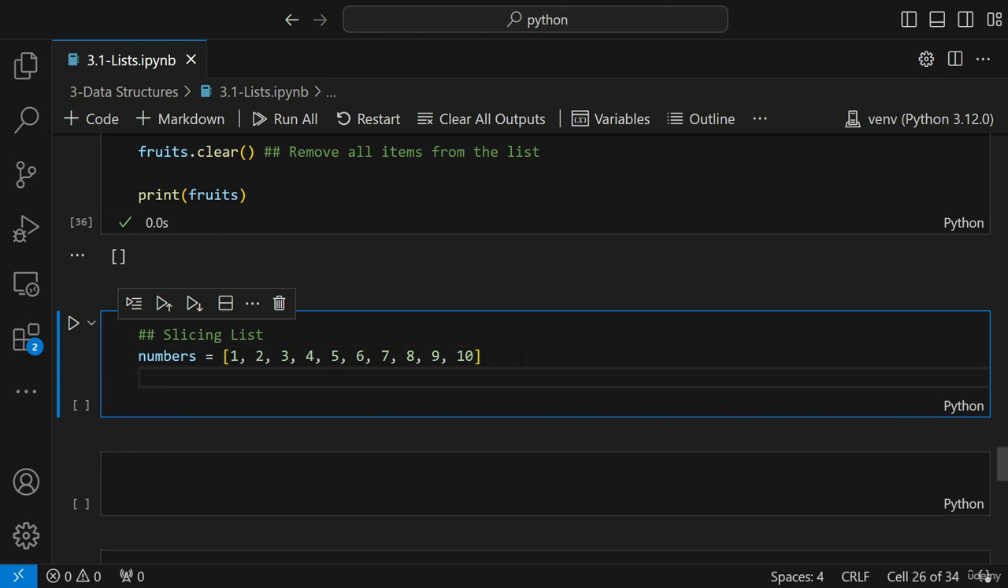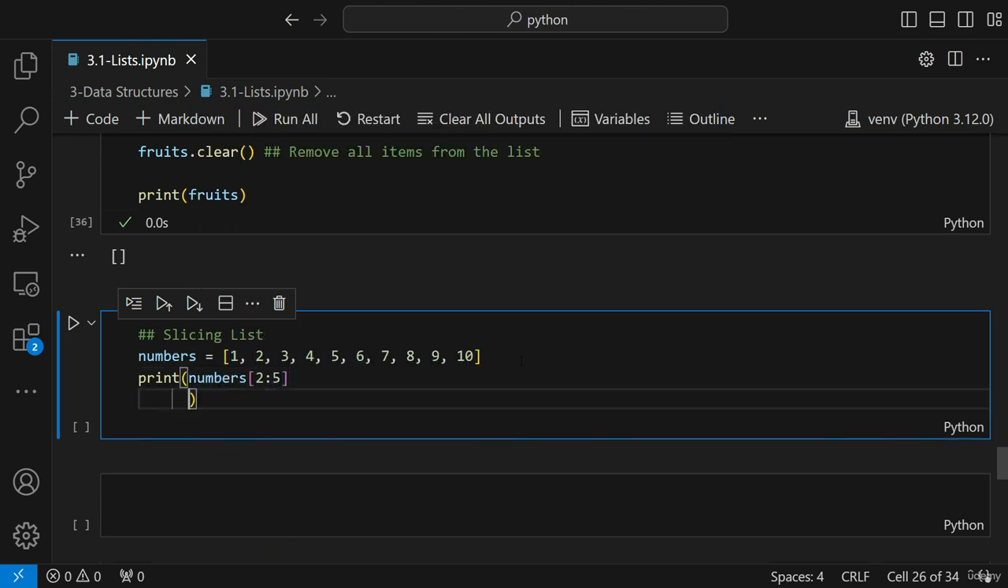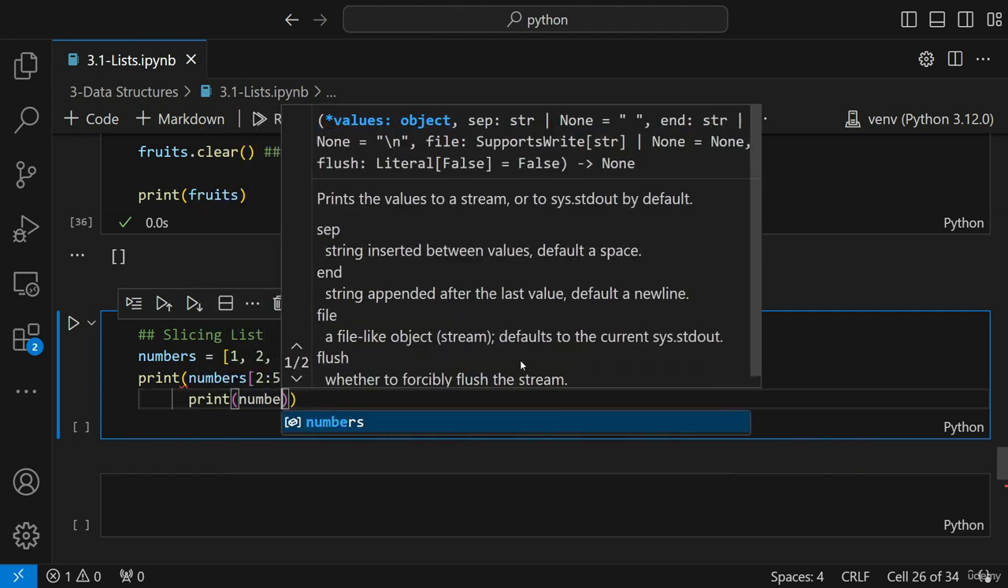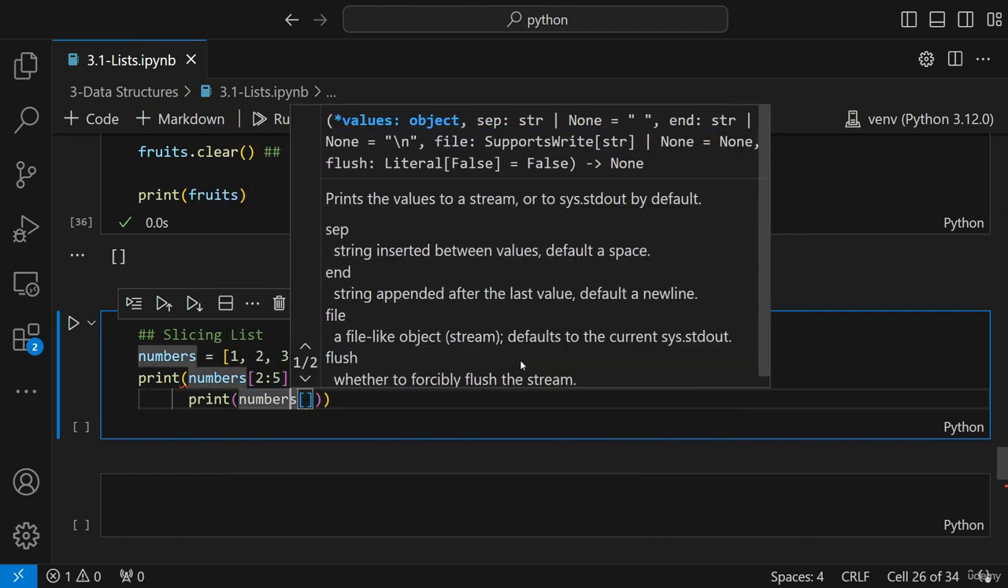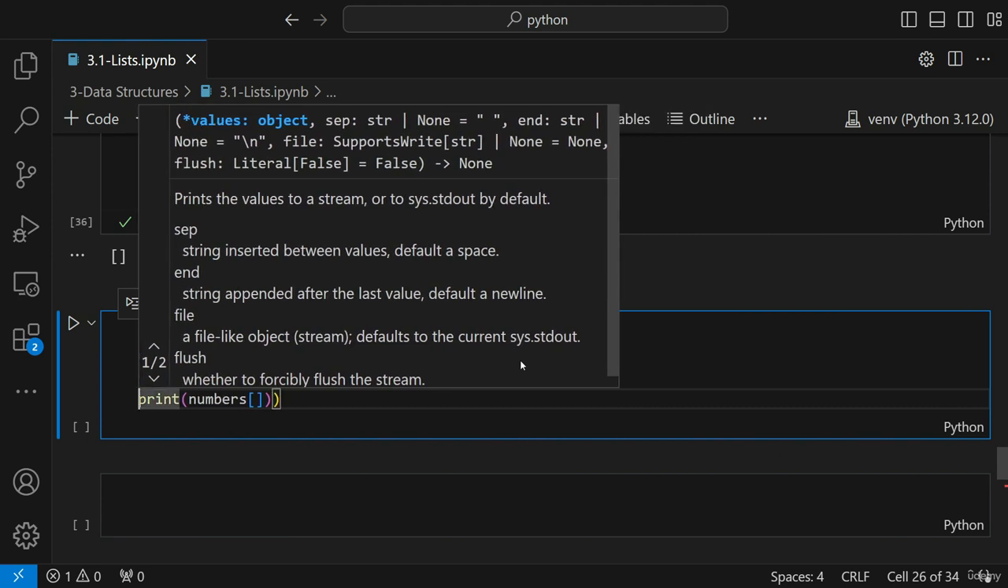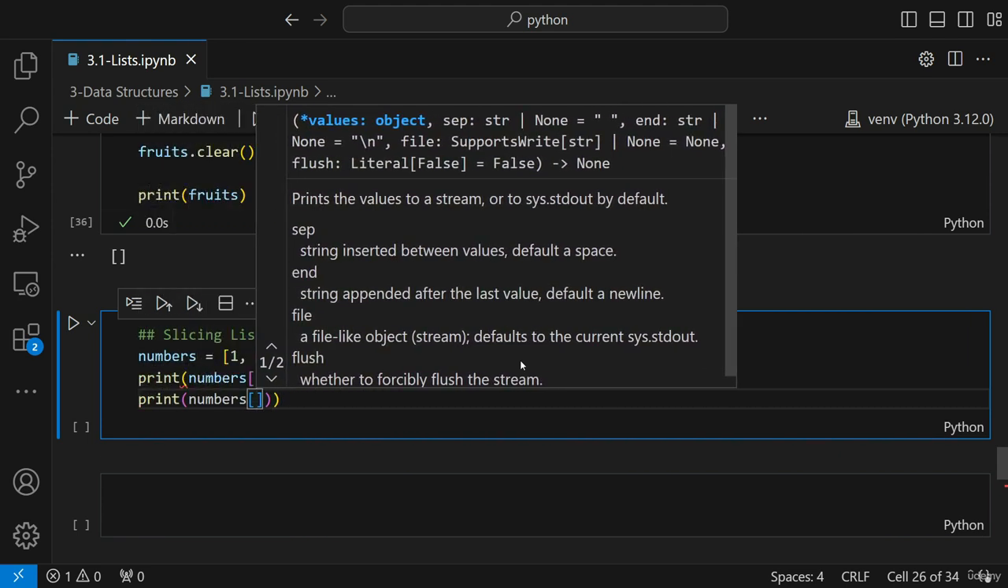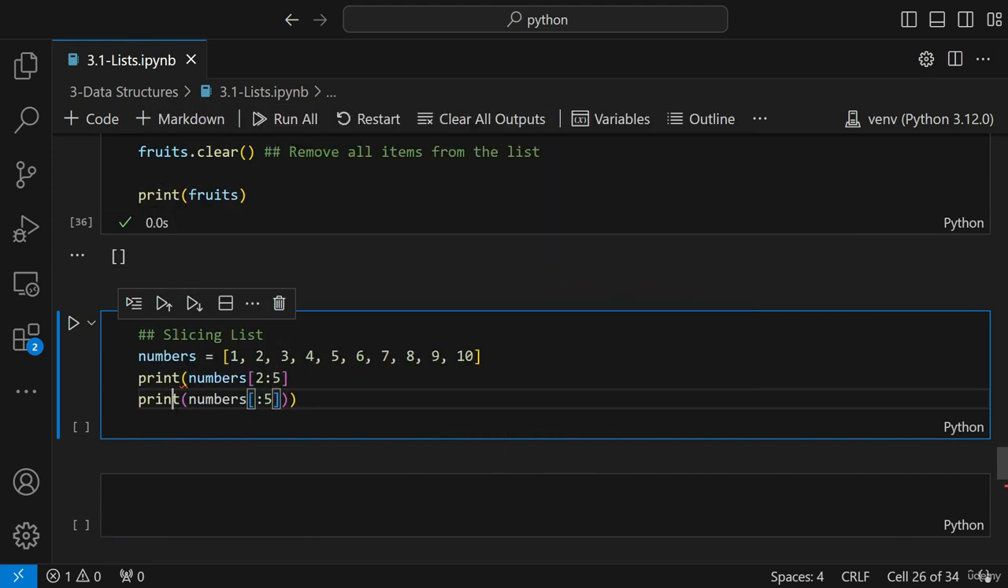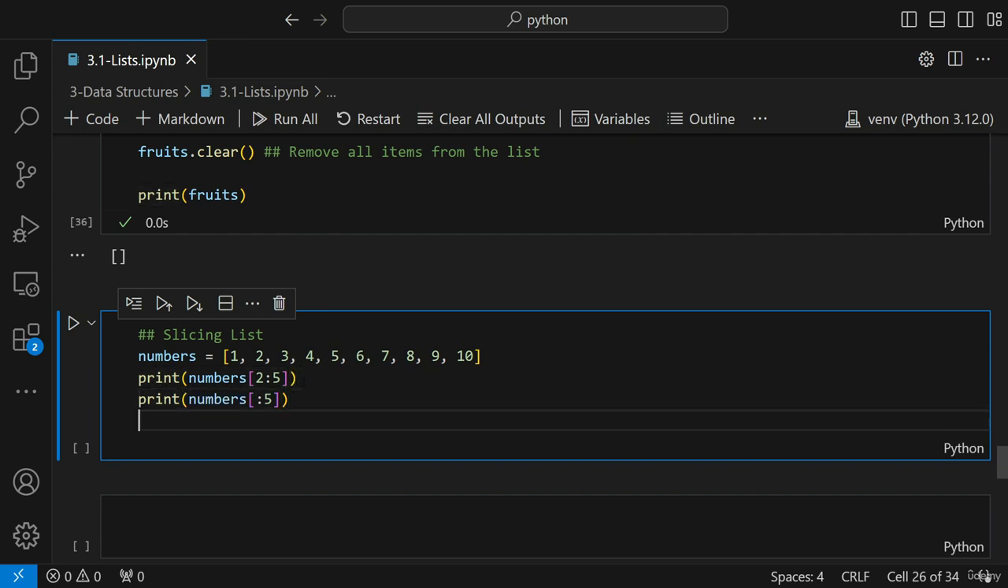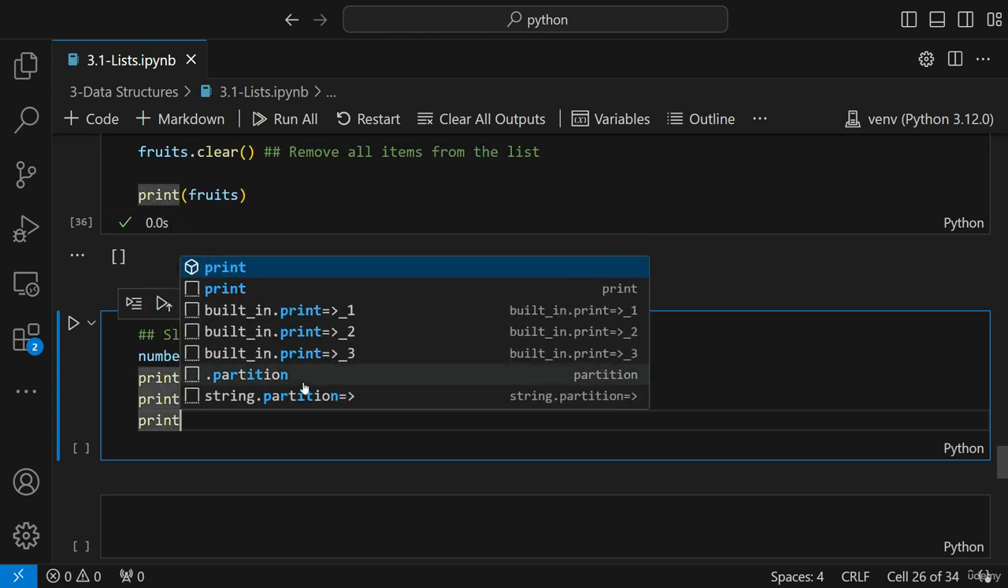Now I will go ahead and write some print statements. Let's say print numbers 2:5. Okay. Now let's talk about more numbers. :5. I didn't close this bracket, so that is the reason it was giving me an error. No worries. I will go ahead and write print